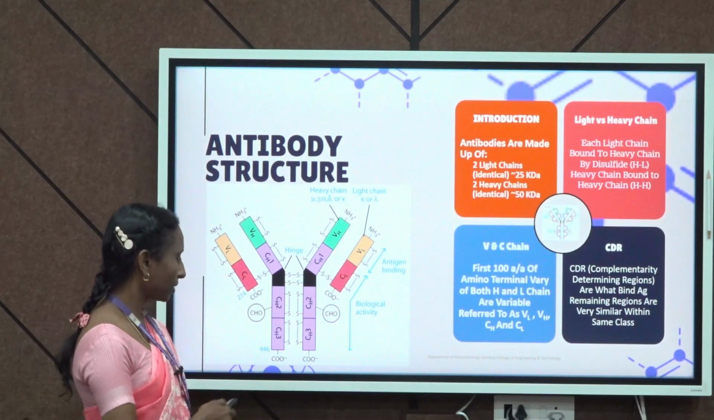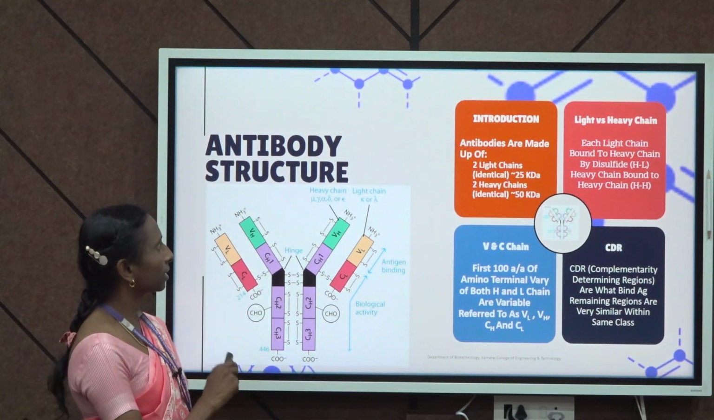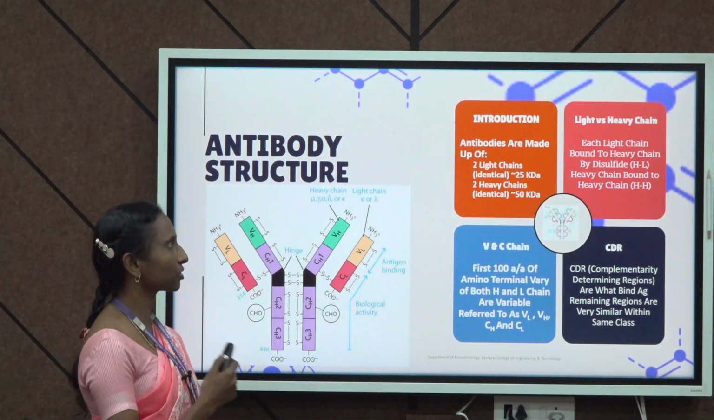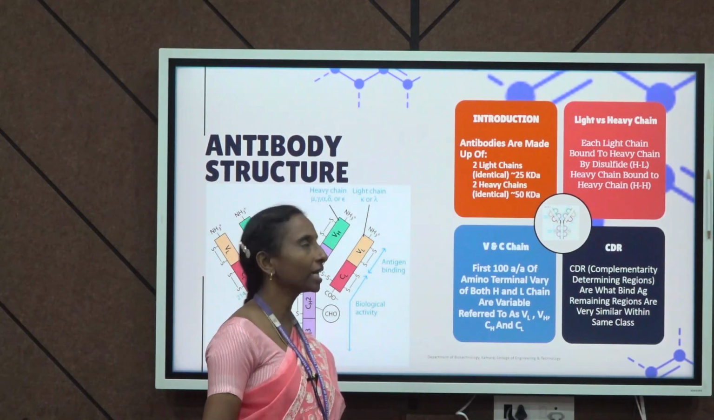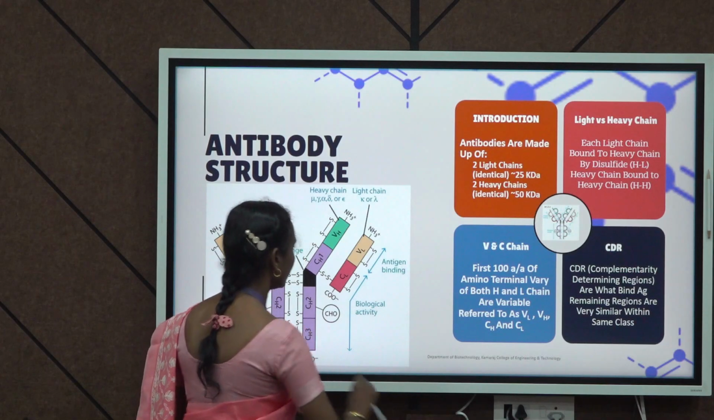Let us discuss a little bit about antibodies, their structure and their function. So, this is what an antibody looks like, as you can see. Discussing its structure, antibodies basically are made up of two light chains, as you can see here, and two